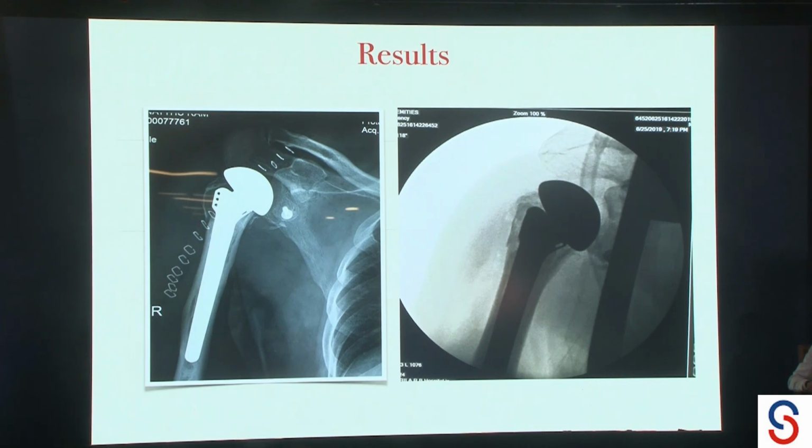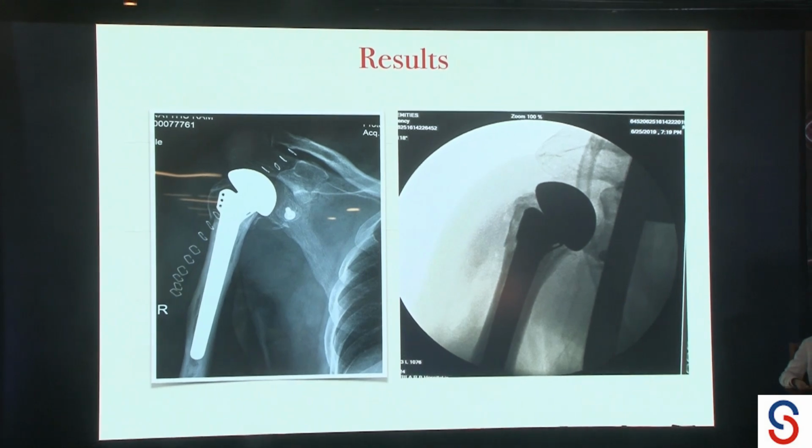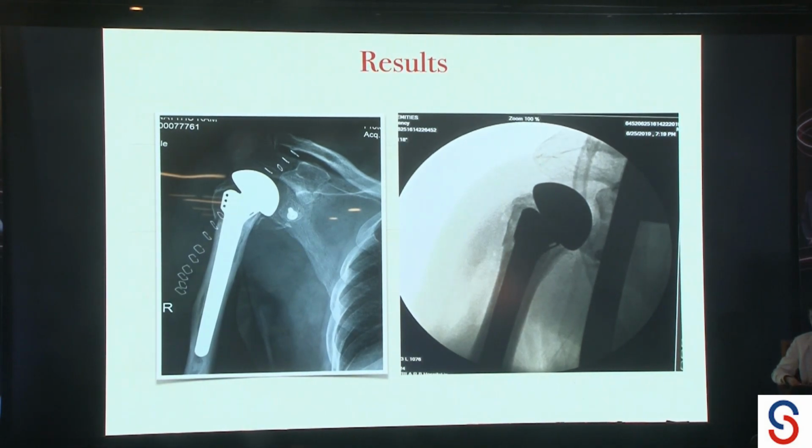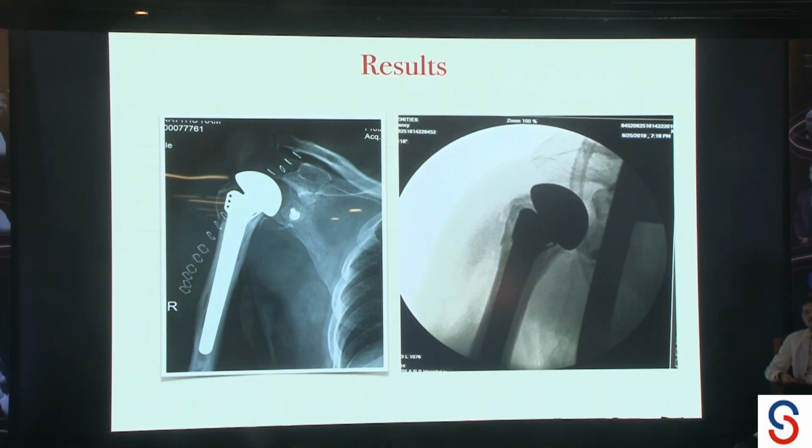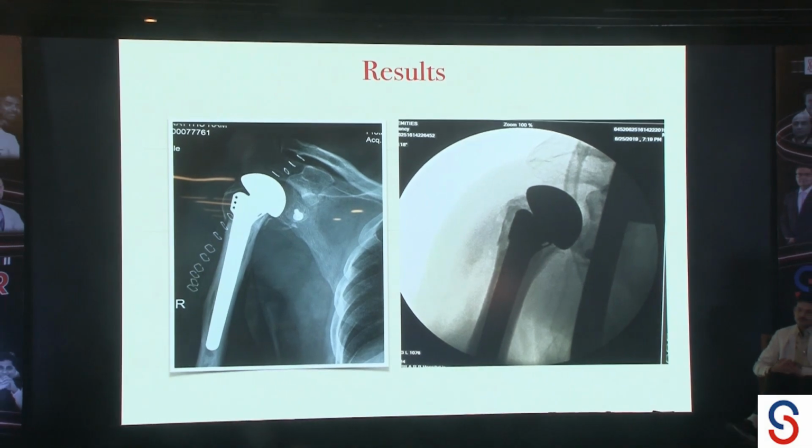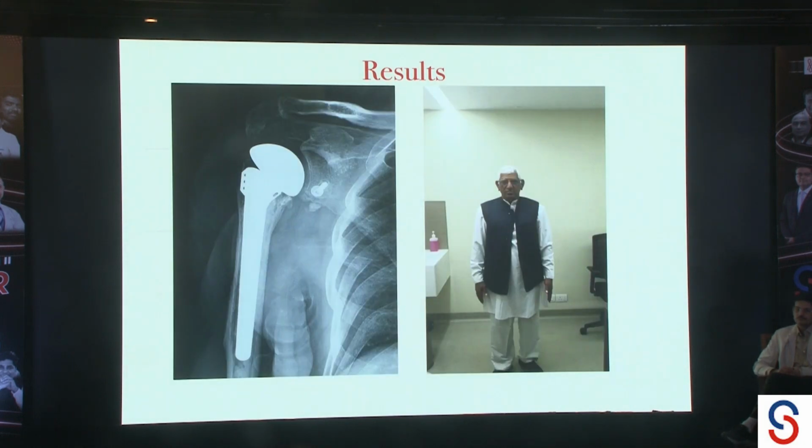For the right one is the intraoperative X-ray, which is shown here, and this is the immediate post-operative X-ray, where we try to restore the tuberosities. And this is the X-ray after 4 months of primary surgery, where you can see that the greater tuberosity has migrated a little bit, and this